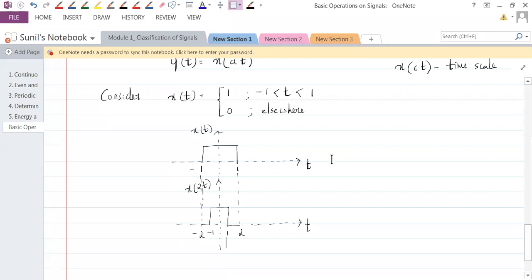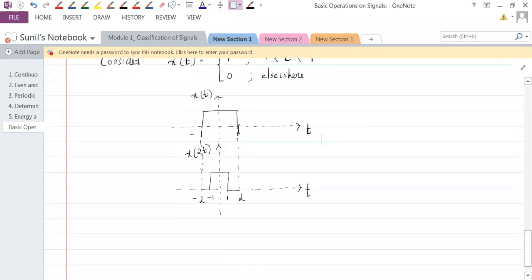Understand that? So suppose I want this to be 1 only, so here it is 1, right? So I want this also to be 1 only. So what I do is, instead of saying it got doubled, I'll just take this off. So this will still be minus 1 and plus 1, okay? But this would become minus half and plus half.